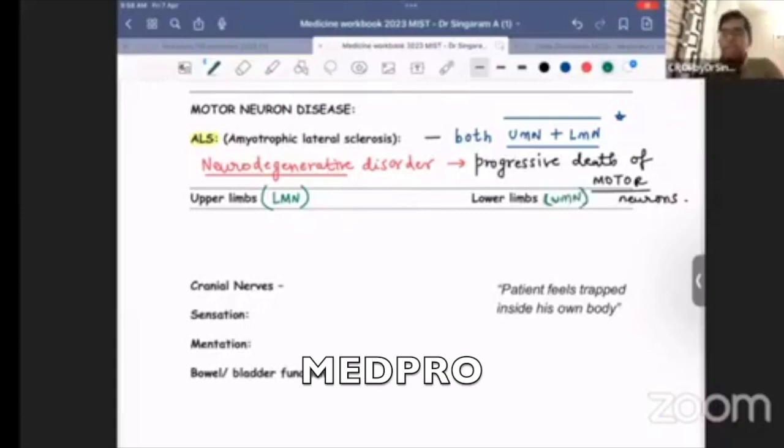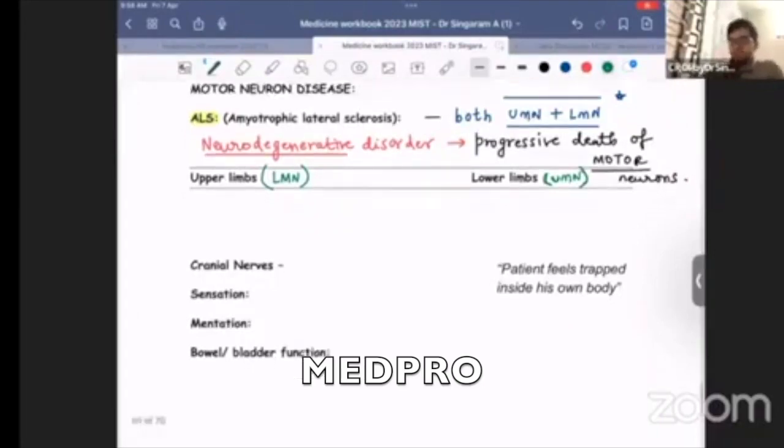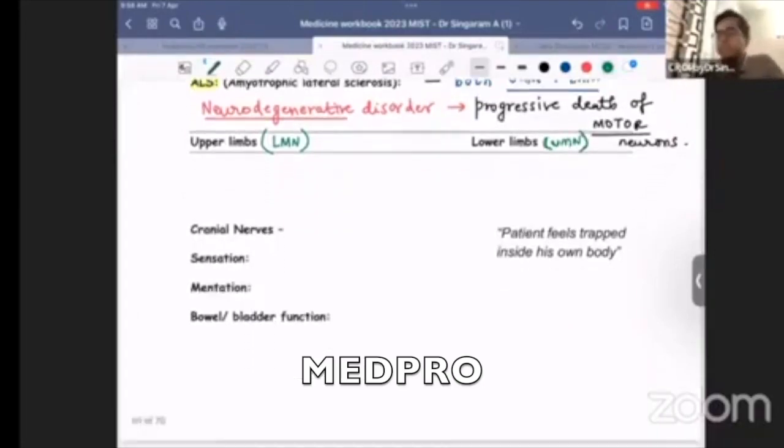In upper limbs, LMN type of lesion, that is lower motor neuron type of lesion. And in lower limbs, upper motor neuron type of lesions are usually occurring. Just like the rule. It can be the other way also. Many texts give it the other way, but still, I just wanted you to remember the general rule. So if LMN will be the finding in the upper limbs, what do you think would be the